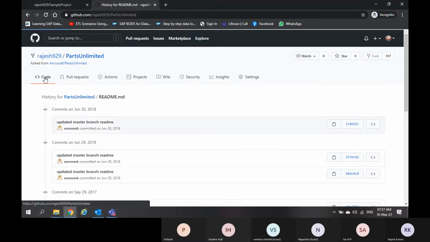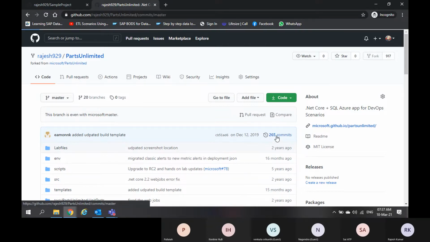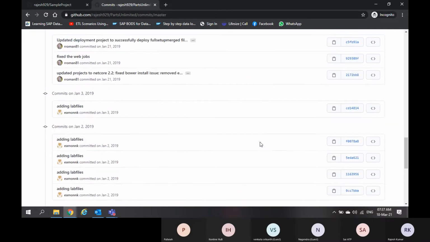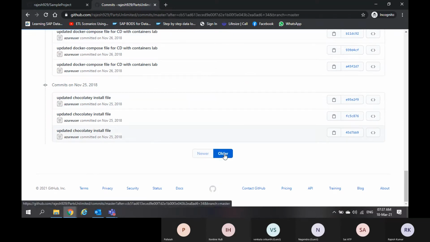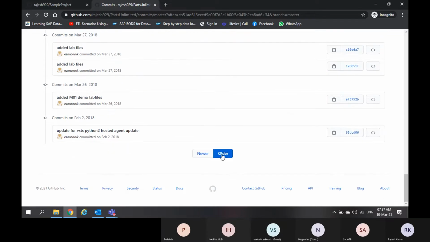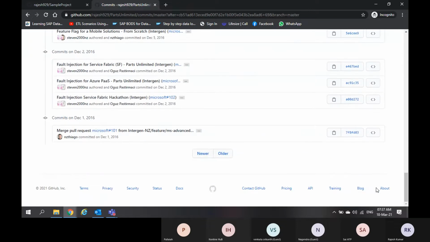But if you go to the entire repository, we have almost 265 commits. As the number was high, it is showing older pages. If you click on older, it will show the old commits. There are many more. Still you can go more.